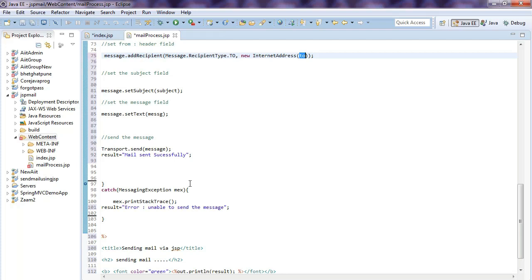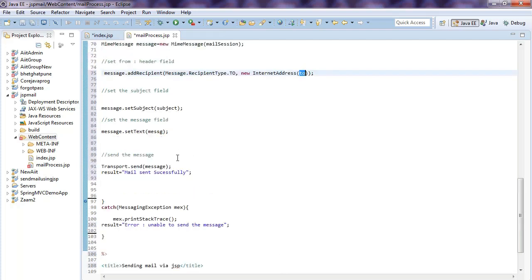After setting the MIME message, you need to send the message with the help of the Transport. The send method is used to send the message. The message is your MIME class object, where you assign and set all the values and fields. The result is "mail sent successfully", assigned in the string.